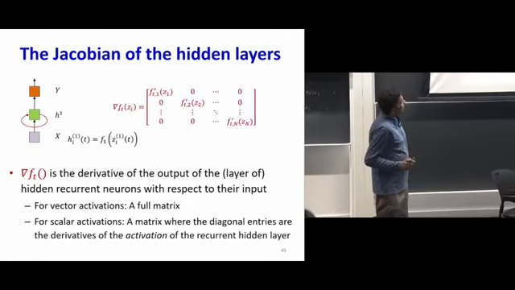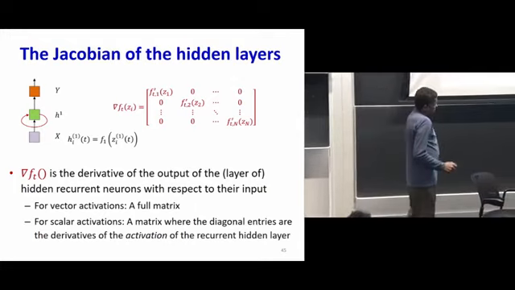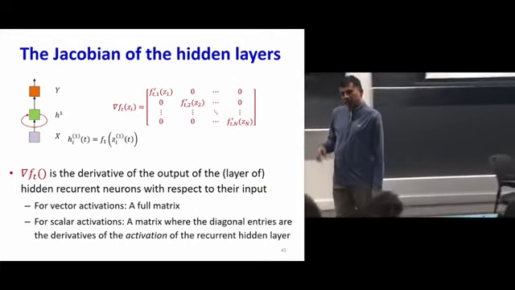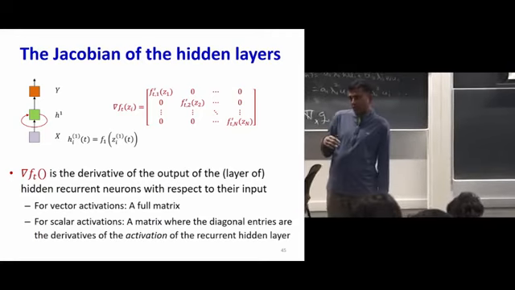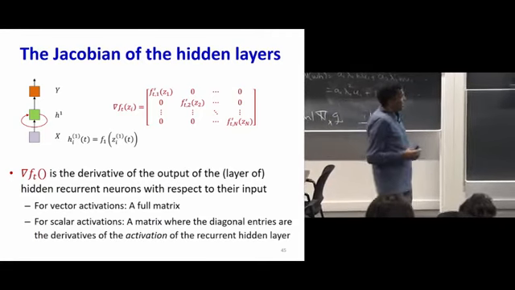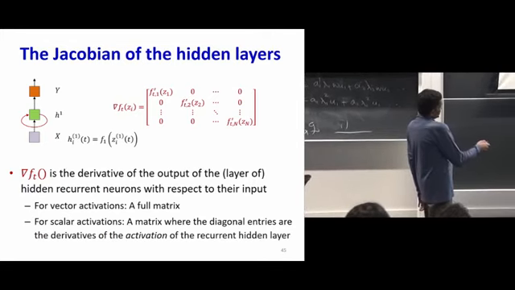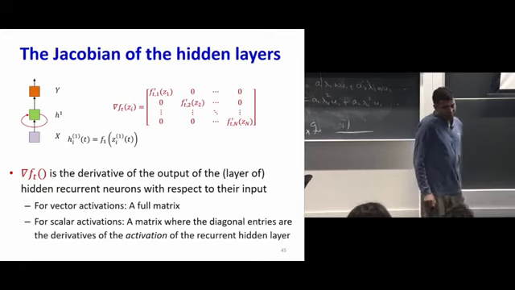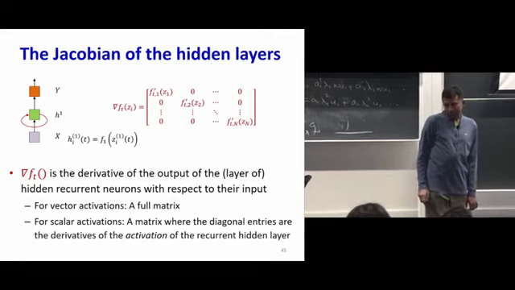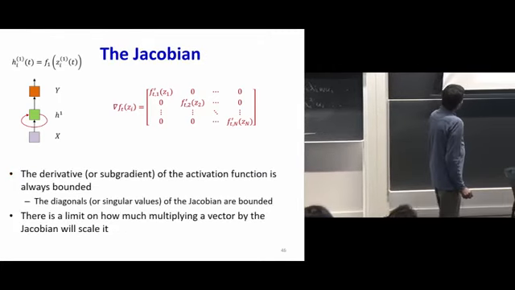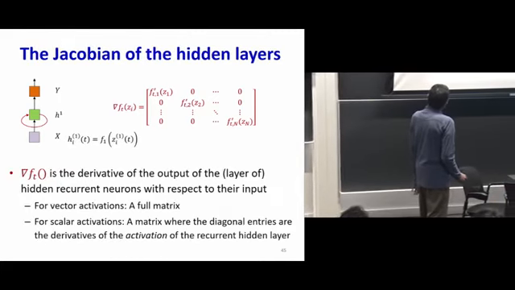And for recurrent networks, keep in mind that the hidden layers are generally treated as scalar activations rather than vector activations. And as we just saw, if you have a scalar activation, the Jacobian can be thought of as a diagonal matrix. Now, we also saw that, so if you go back to this guy,